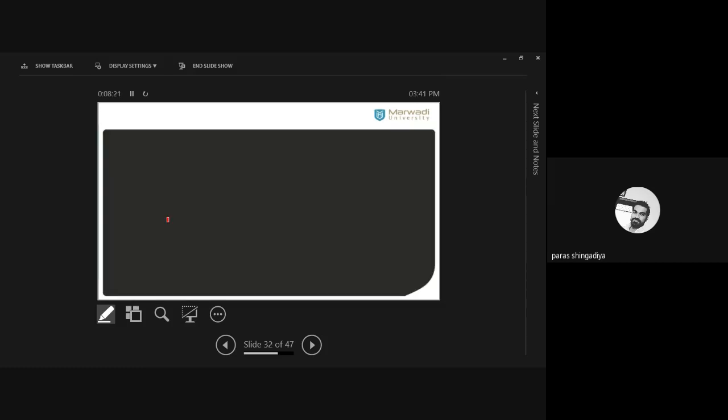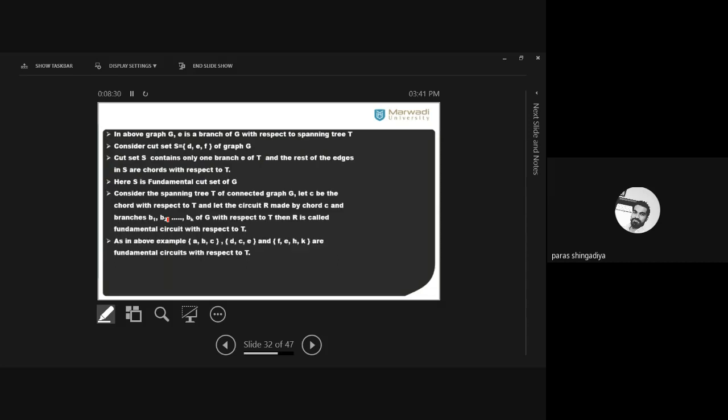Here this example is mentioned. In the above example, our graph, the graph we took just now, ABC is one of the expressions of a circuit. ABC means you have to create one circuit by using the edges A, B, C. Clear? That is one of the answers for the circuit. What did we write? V1 A V2 then C V3 D B V1. That is one of the circuits we considered. And in place of that, we mention only the edges.